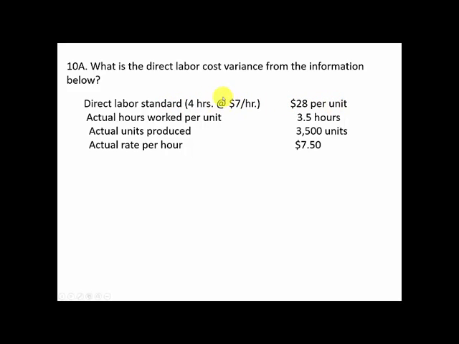That's at standard. Actual hours worked per unit were 3.5 per unit, actual units produced were 3,500 units, and the actual rate per hour was $7.50. So they want to know what's the labor cost variance. The labor cost variance is the same thing as the total labor variance. So we're going to compare actual hours at actual rate